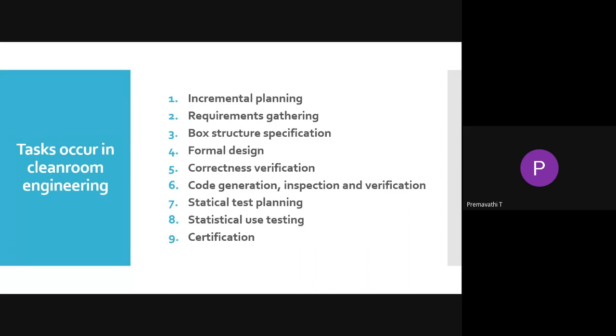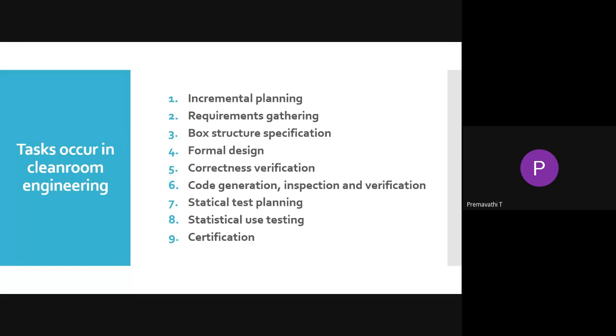The box structure also separates and isolates the behavior, data, and procedure for each increment.